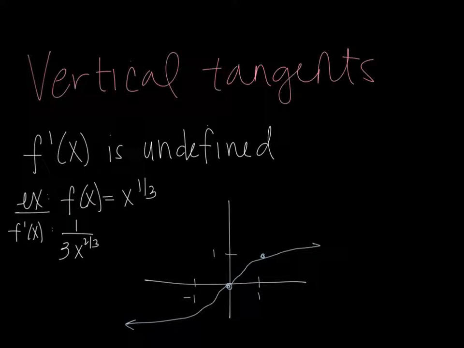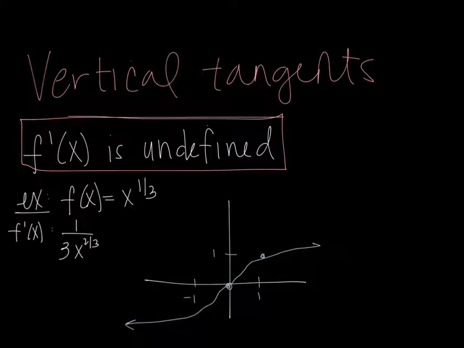Next question asked you, what does it mean when you're asked to find where the function has vertical tangents? Vertical tangents exist where f prime of x is undefined. So let's take a look at the function x to the 1/3. Here's a rough sketch of the function x to the 1/3. X to the 1/3 is continuous, therefore you can see that there are no holes or breaks or jumps, and the derivative of x to the 1/3 is 1 over 3 x to the 2/3. F prime of x is undefined